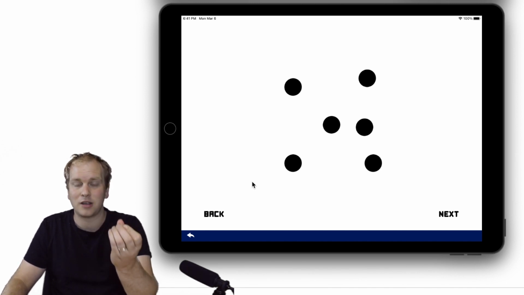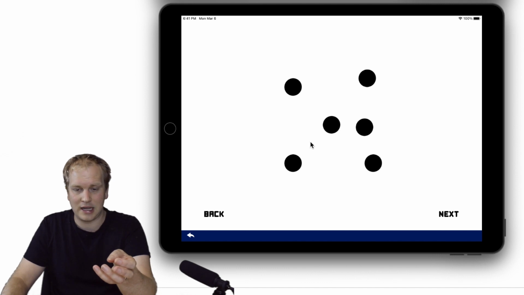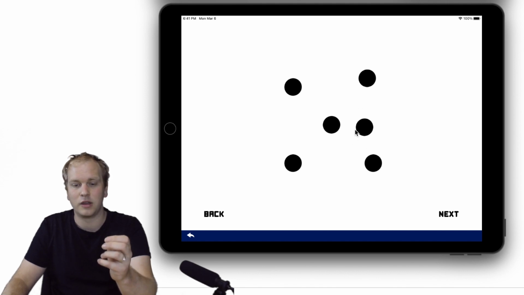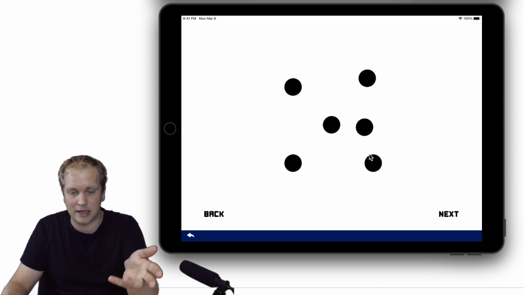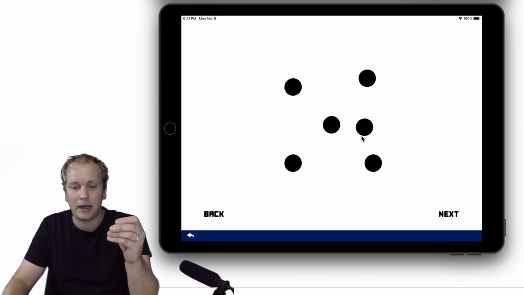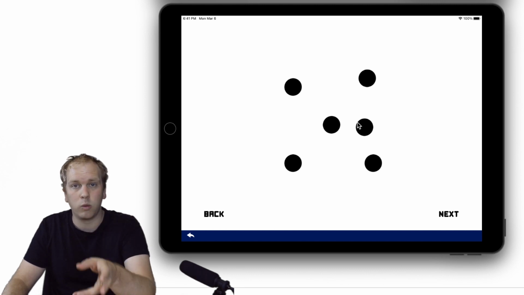So in this case, I knew that it was a 6 because I could see the 5 pattern just like it usually appears on a six-sided dice, and then I knew that there was this extra one here. But you might have perhaps seen it differently, and this is a really useful part of this tool. And if you've got your own cards in general, it doesn't have to be on the app, you could discuss with your students, well, what did you see?